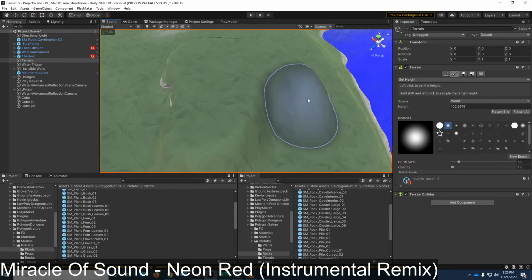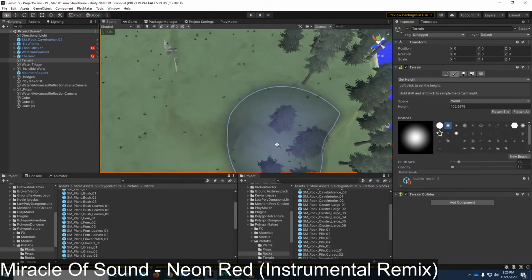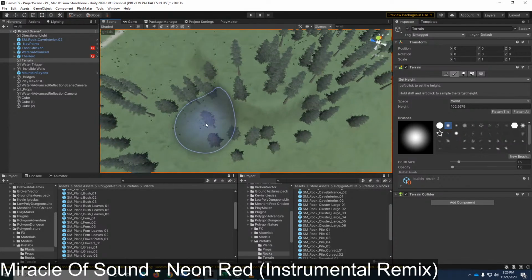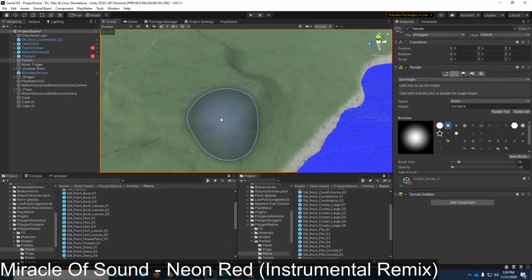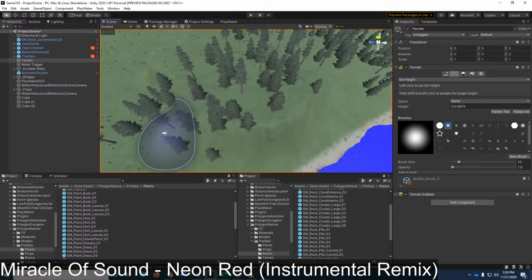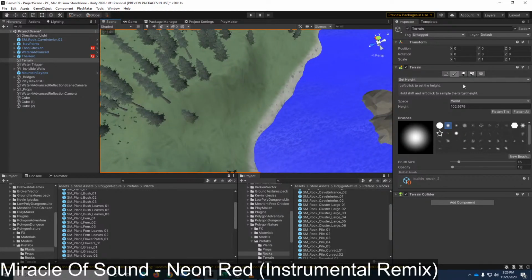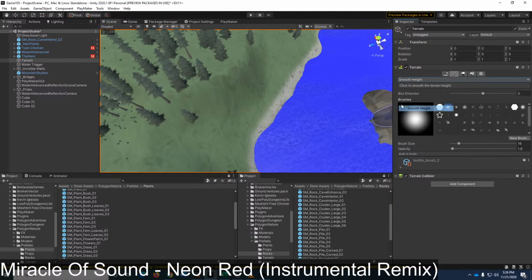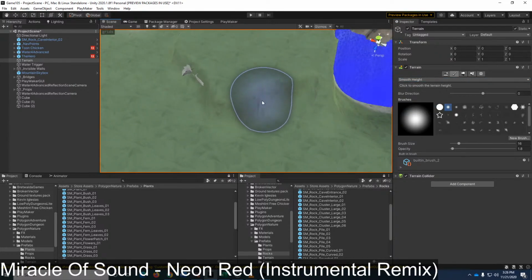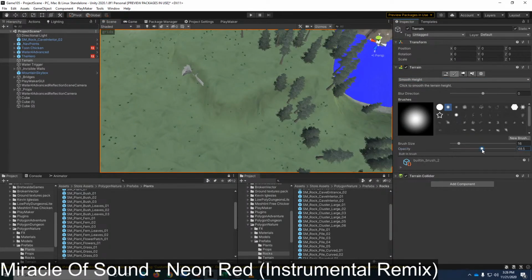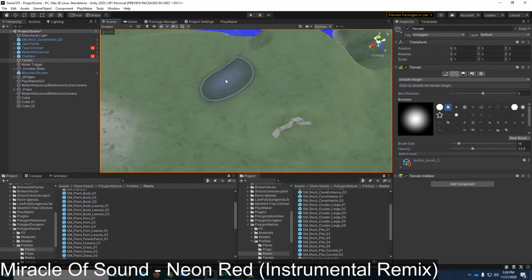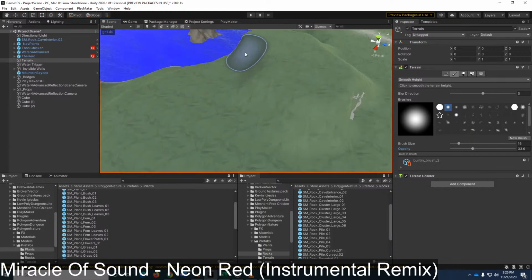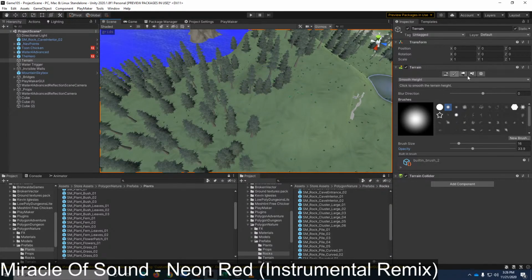There we go. Let's set that all the way back here to give us a little bit more of a cliff edge type scenario over there. Now let's switch over to smooth. Let's really crank up the opacity and relax and melt those edges.